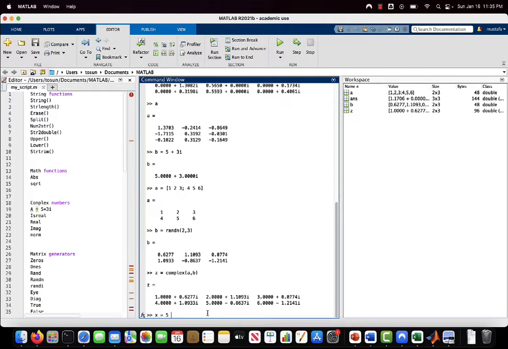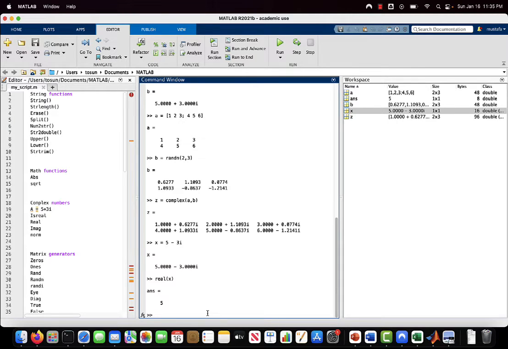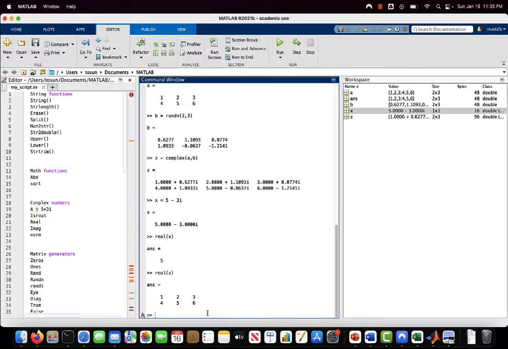Let's say 5 minus 3i. To get the real part of that complex number, you can use the real function, real x, which is 5. If you use the real function with a complex matrix Z, it will return you